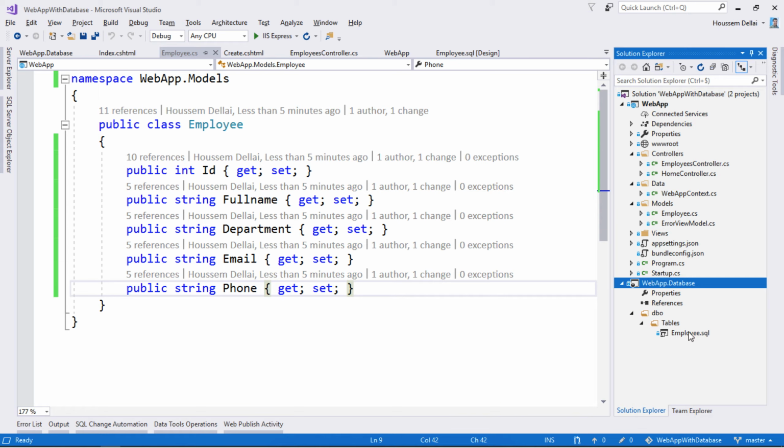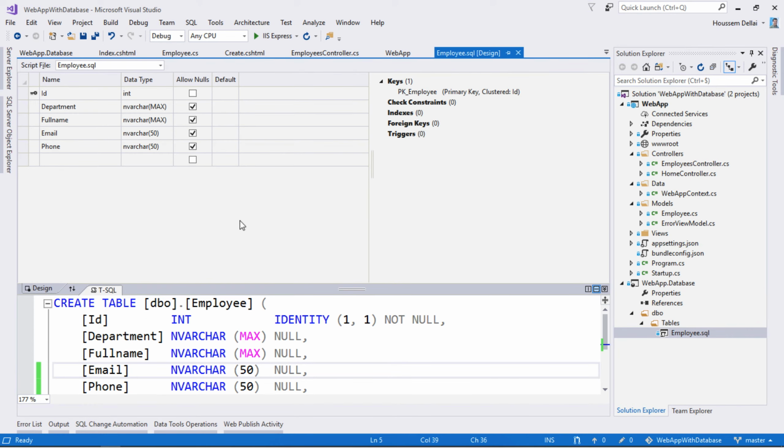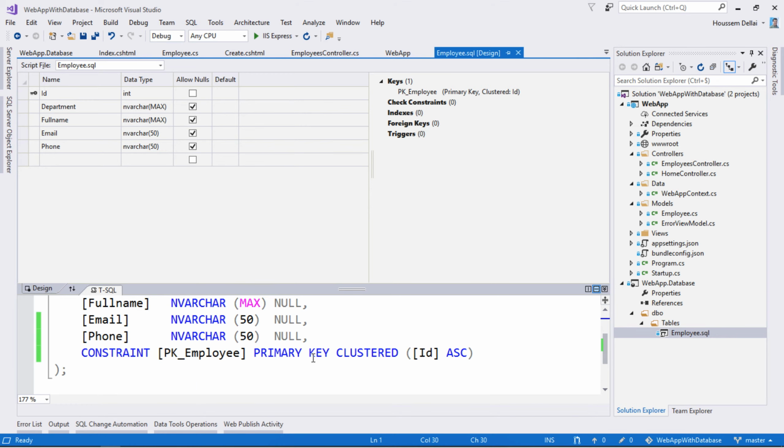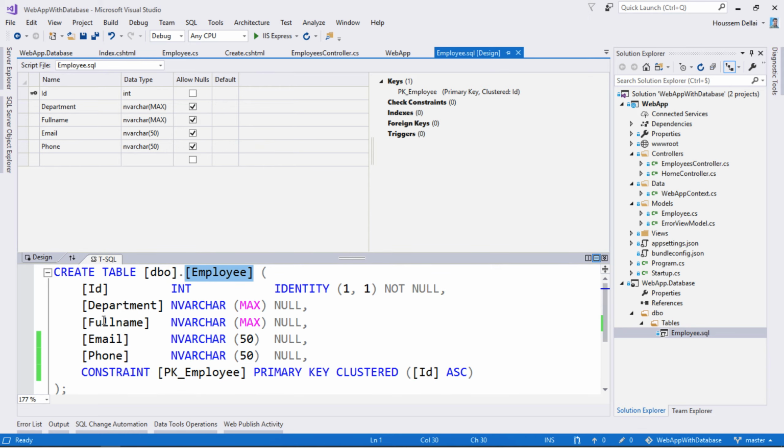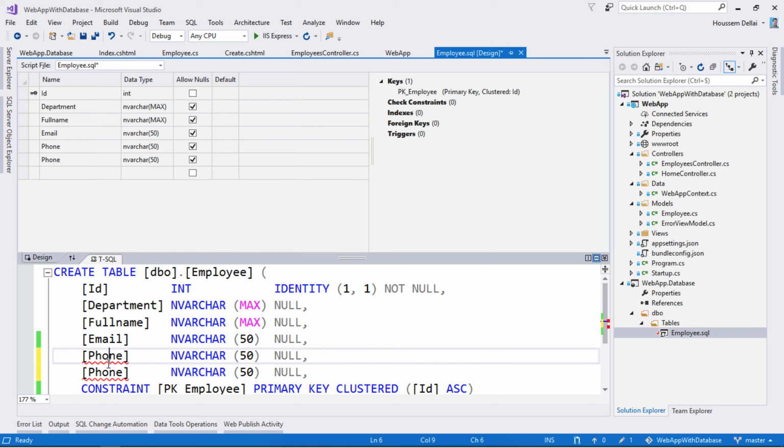So let's say that here I have a requirement to add a new column to my employee entity. So the employee, for now, has those properties: ID, department, full name, email, and phone. But here I want to add another column, which will be the address for that employee. So this is going to be of type varchar and default type of null. We save those changes,